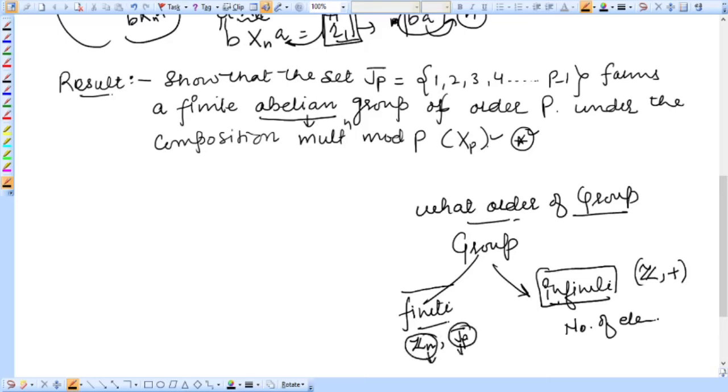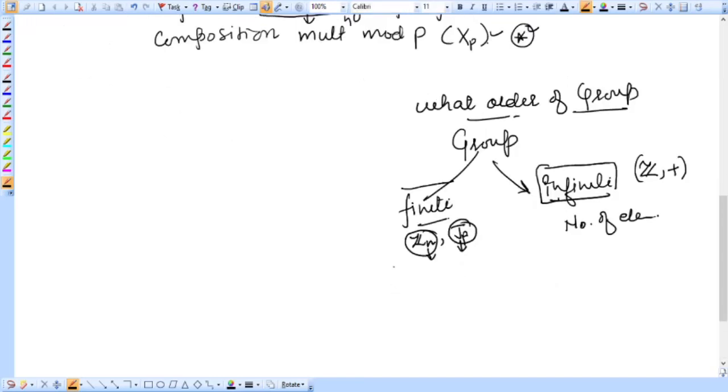These two groups are finite groups because they have a finite number of elements, right? This group has a number of elements equal to p minus 1, and Zn has a number of elements equal to n only. Okay, so here Jp is equal to 1 up to p minus 1. And Zn, under the operation of multiplication modulo p, is...